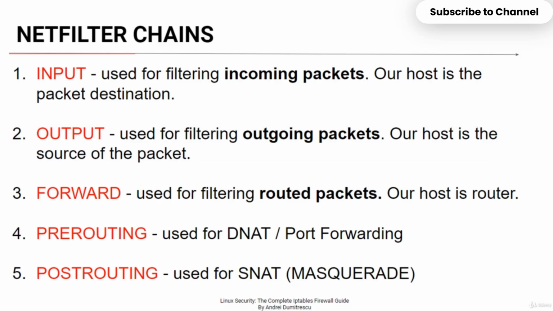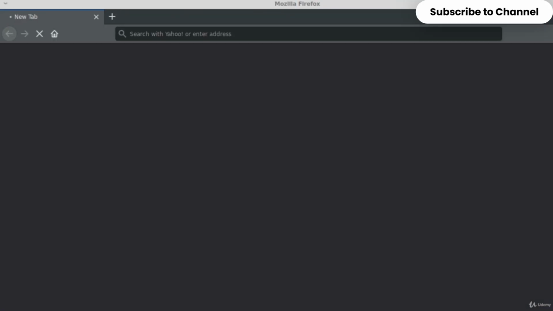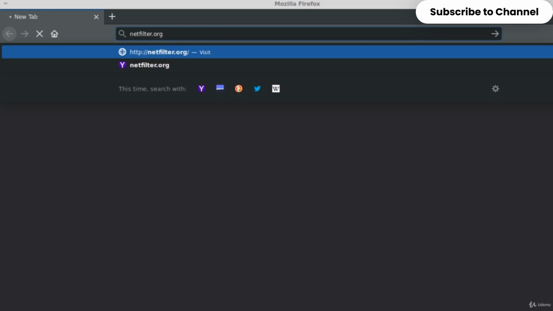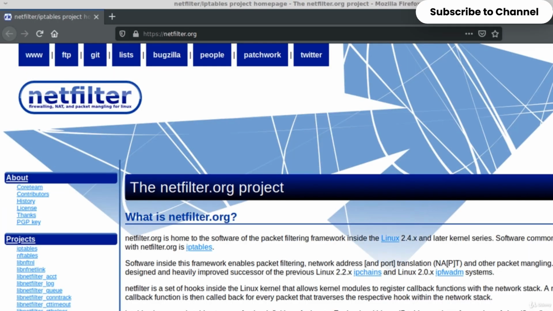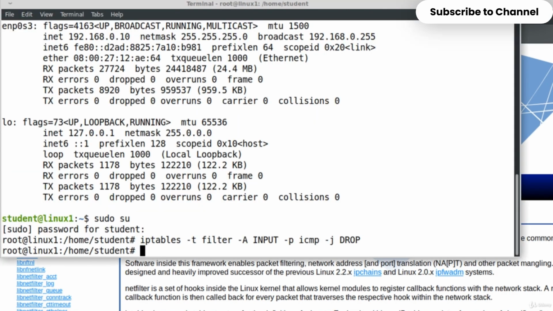Let's see an example. I want to drop all packets generated by the Linux host that are going to the IP address of netfilter.org. First, let's check that the connection is working. And we see that the site is loading. Now, I'm adding a firewall rule to the filter table and OUTPUT chain. iptables -t filter, this is the name of the table, -A OUTPUT, the name of the chain,